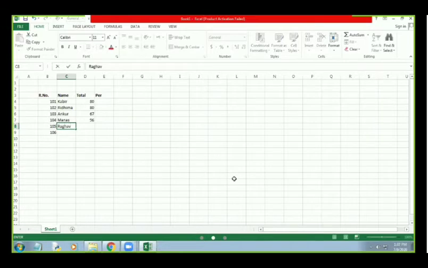I have written this next name, and if we have to change or remove this name, we can undo it with the help of the undo feature. Means the last action that we have performed can be removed using the undo feature.